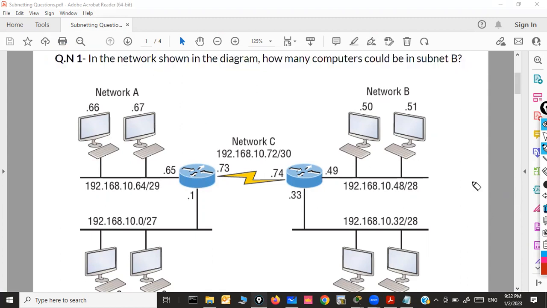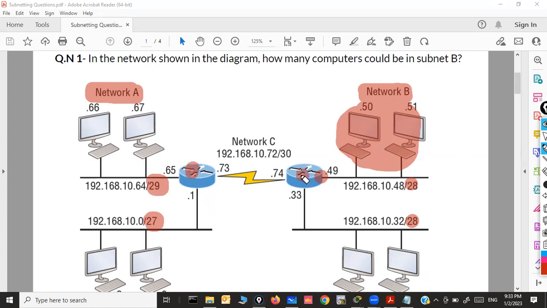So there are different networks here. Network A, I can see here. Network B is another network. And here, in network B, I can see there are also two LAN networks. One LAN network is this one, I believe, /28. Here again, same /28, in the same network. Network A again /29, /27 here.